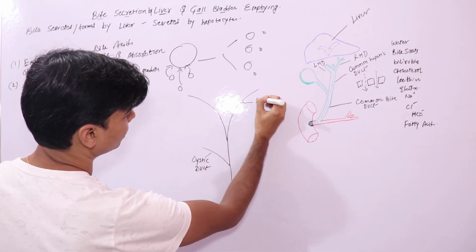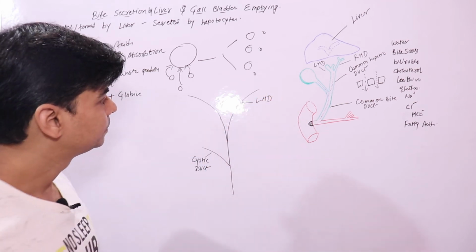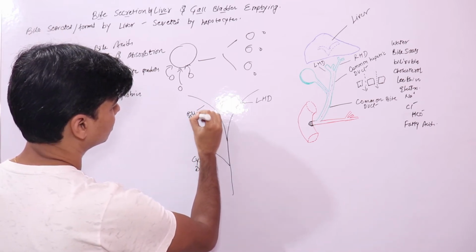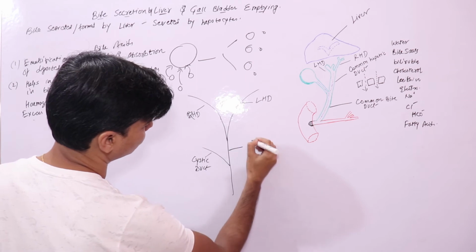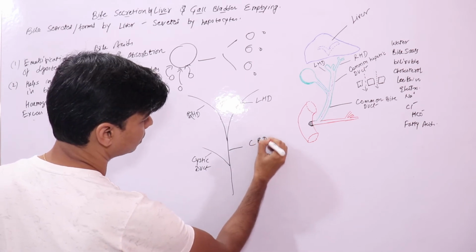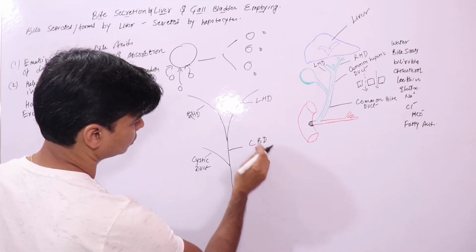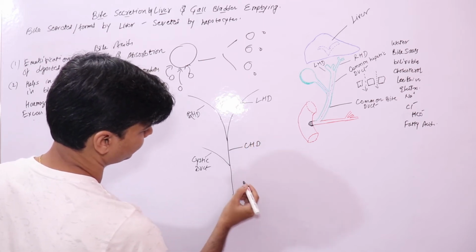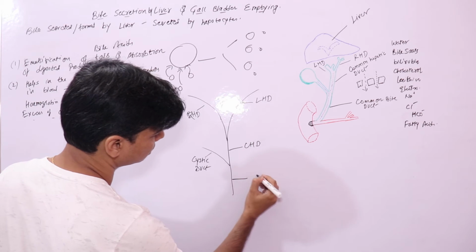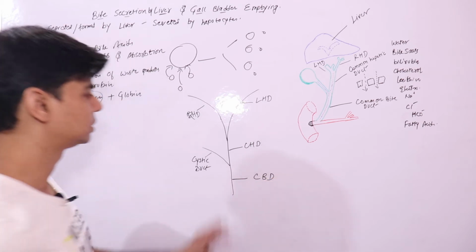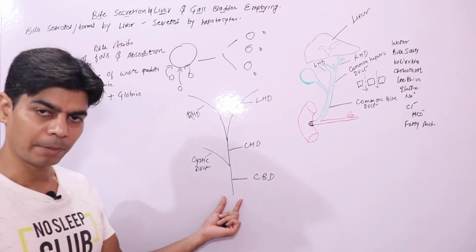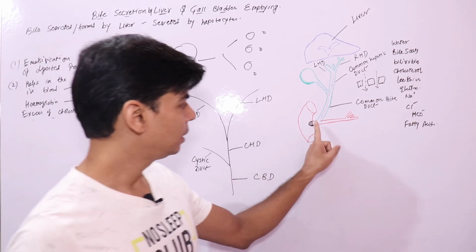right? This is your left hepatic duct, this is your right hepatic duct, this is your common hepatic duct, right? This is the cystic duct and this is your common bile duct. Remember this diagram, right? Now this common bile duct will finally join